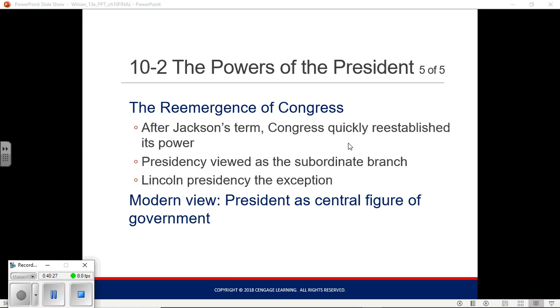The presidency basically became subordinate to the Congress. Of the 8 presidents who followed Andrew Jackson, as your book noted, 2 of them died in office, William Henry Harrison and Zachary Taylor. None served more than 1 term. This is the period when most students struggle to name presidents. If you're curious, Andrew Jackson, Martin Van Buren, who only served 1 term, William Henry Harrison, who died after 1 month. He was then replaced by Zach Tyler,